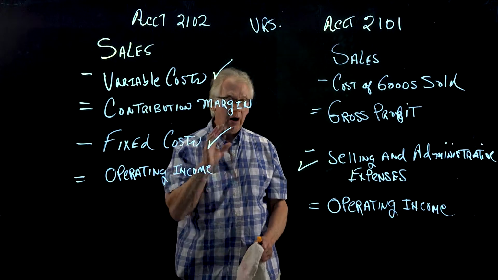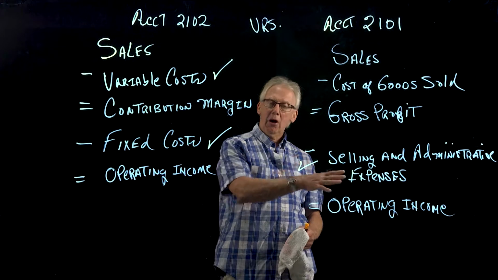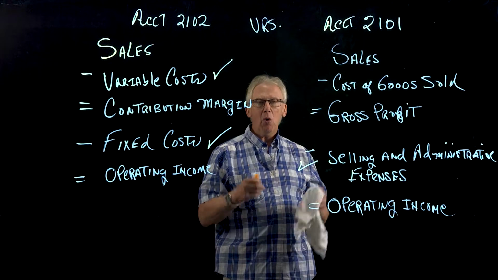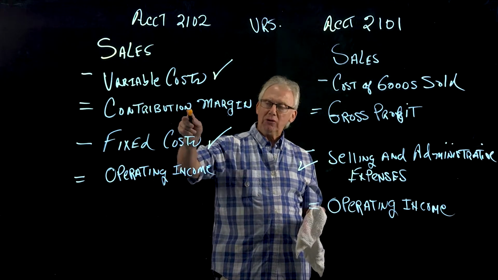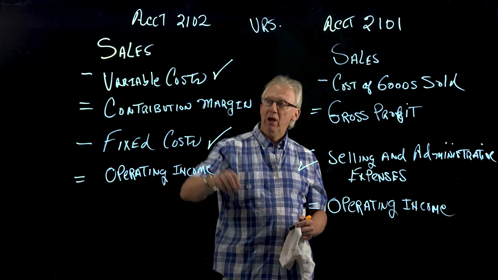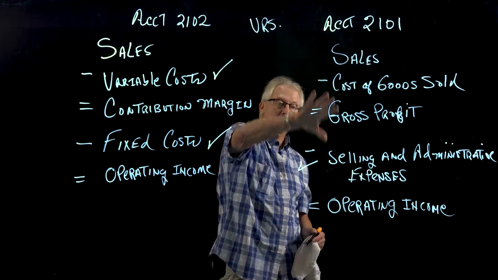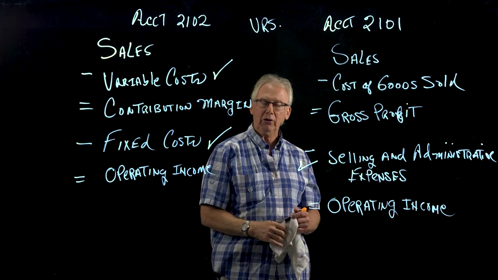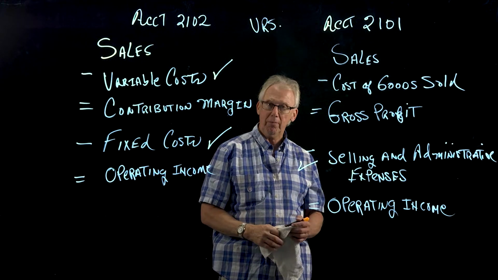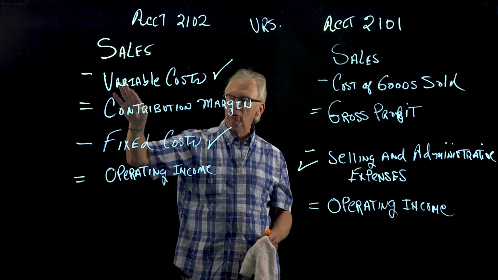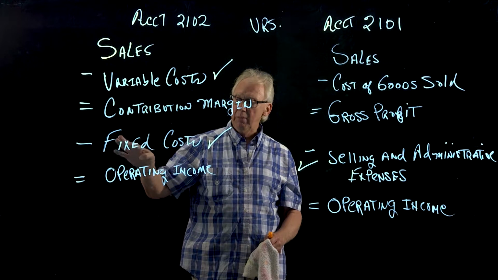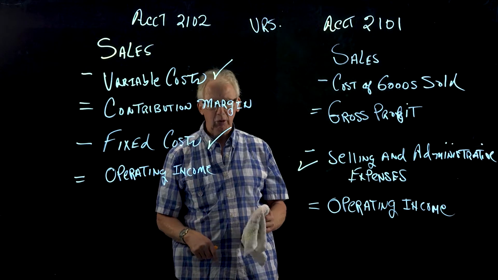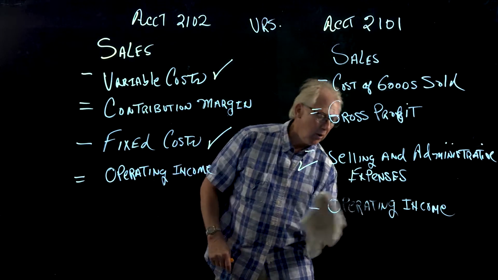And by the way, operating income will be the same under both types of statements. Usually the problems on the test will have you designate what contribution margin is, which then you're going to have to pull out all the variable costs from this type of statement and put them here where variable costs are to get your contribution margin. Okay, so it's sales minus variable cost equals contribution margin minus fixed cost equals operating income. That's the income statement that we're going to be dealing with for the rest of the semester. Okay, now,